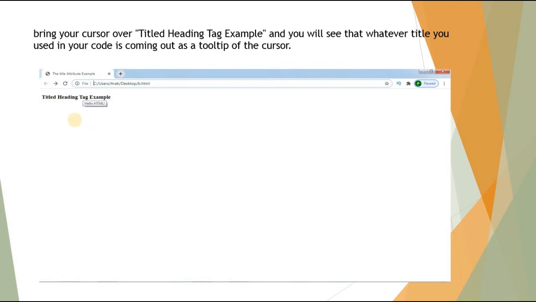When we take the cursor to this heading line, it shows a box with hello HTML. This is how the title attribute is used. We will see in our practical session how to execute this page.